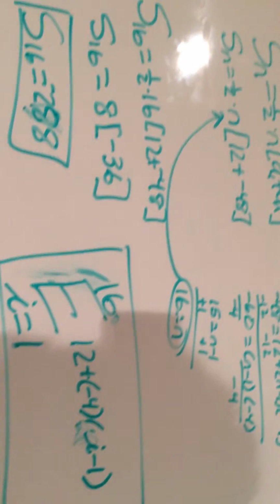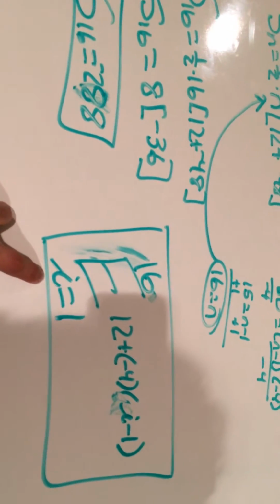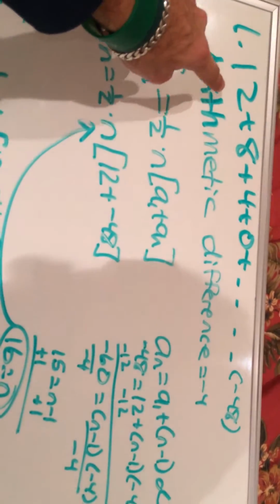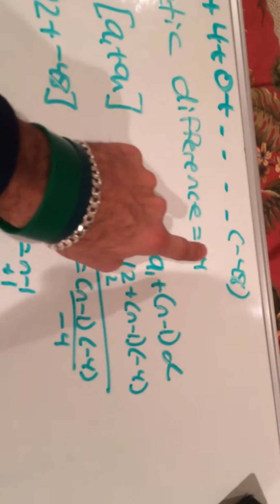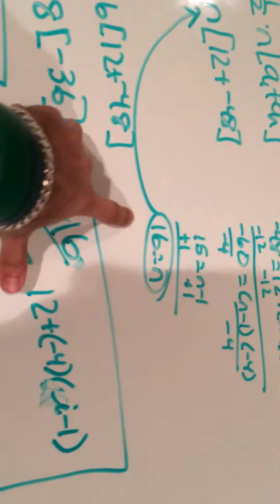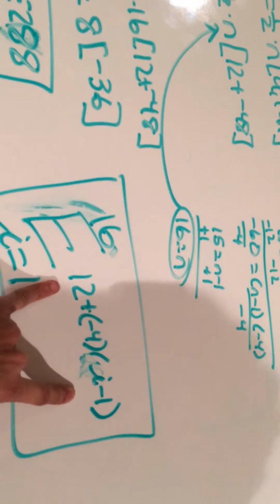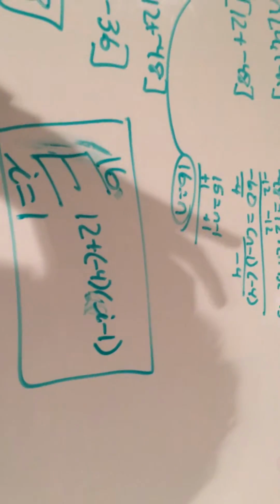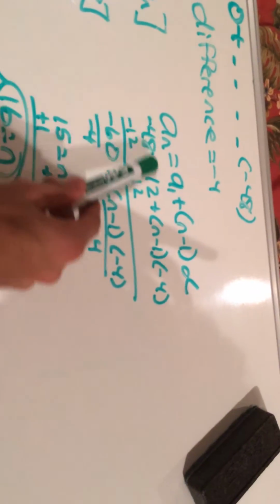Now what about writing it in sigma notation? Well, here's my sigma. I know that I have a lower bound of 1 because this is the first term. I know I have an upper bound of 16 because the highest term I'm going to is negative 48, which is the 16th term in the sequence. And now I need to find what to write here. Well, this is just whatever my sequence is. And what goes here is always going to be this general formula